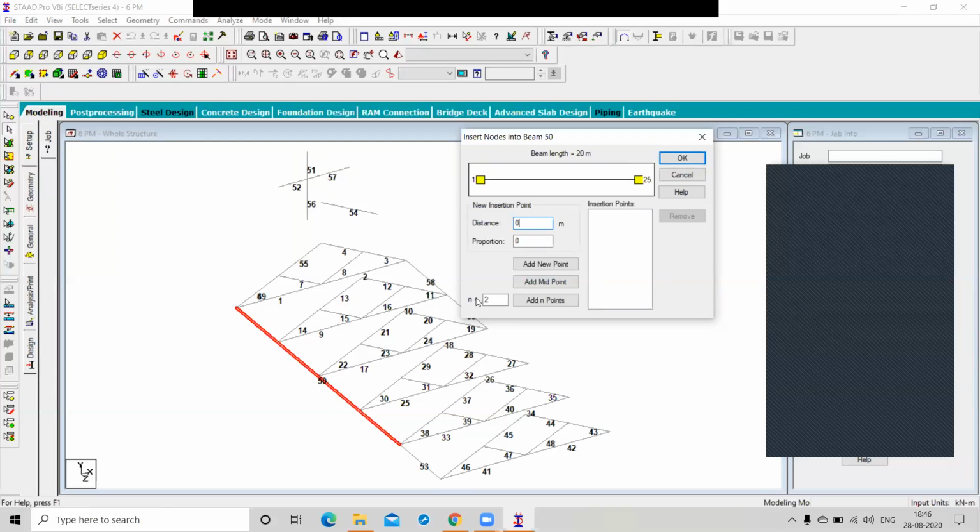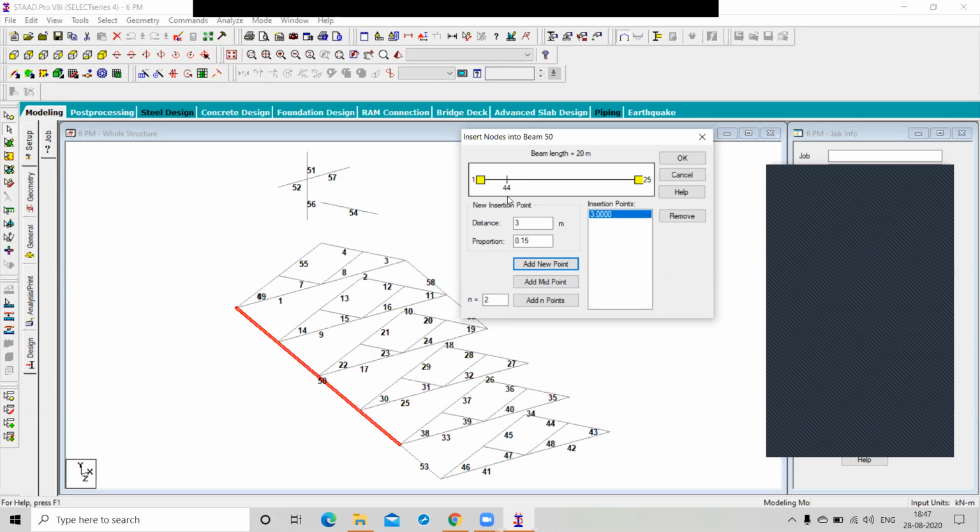If you specify the distance here as 3 meters, and I click here, this 3 meter distance is measured from node number 1. Click here, and node number 44 is created.